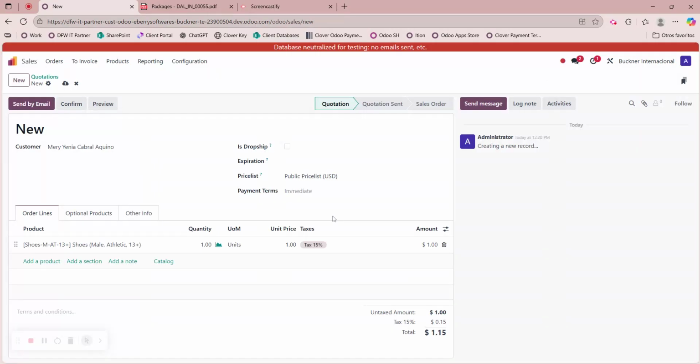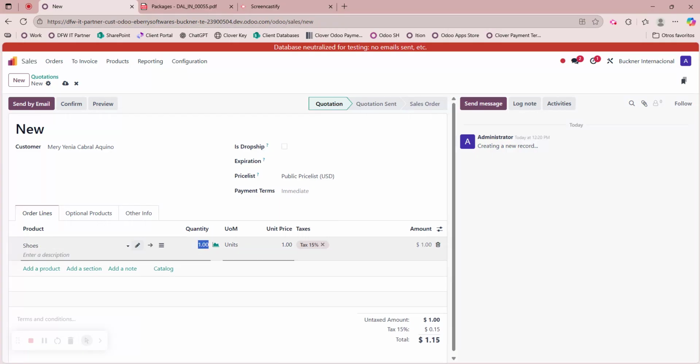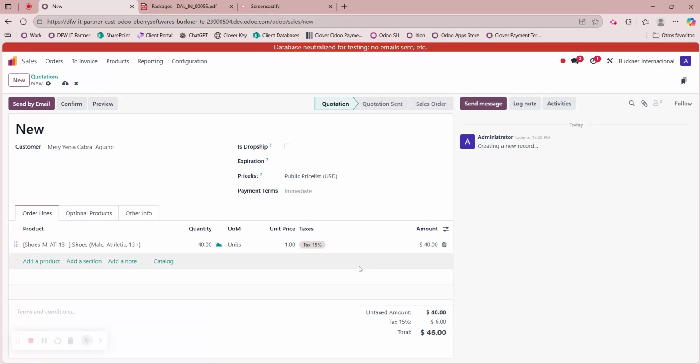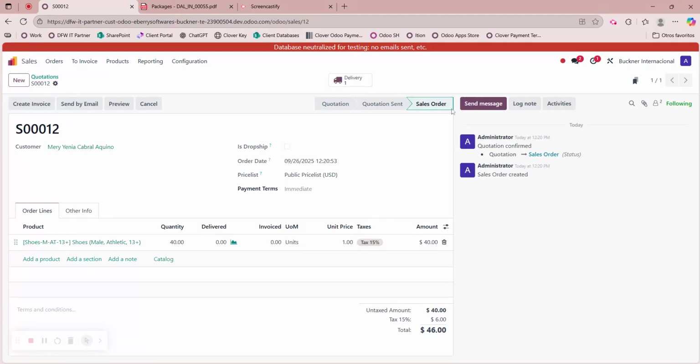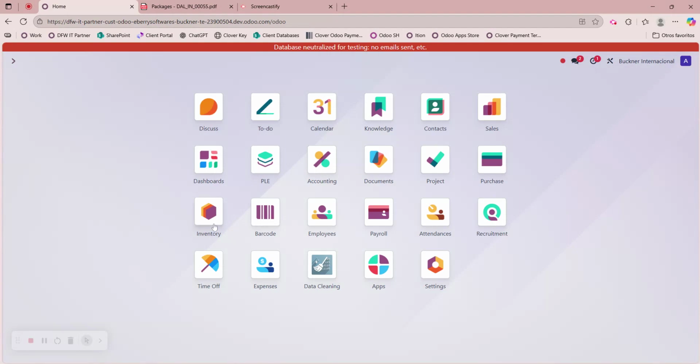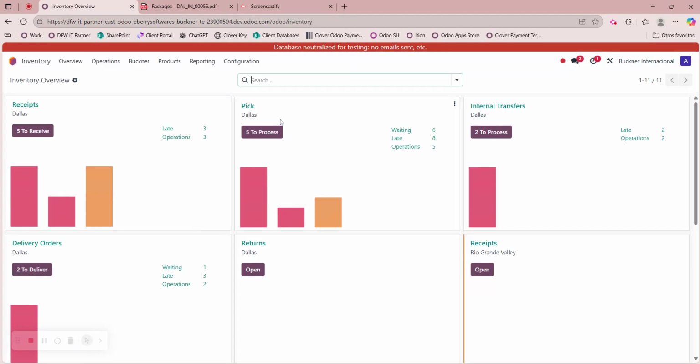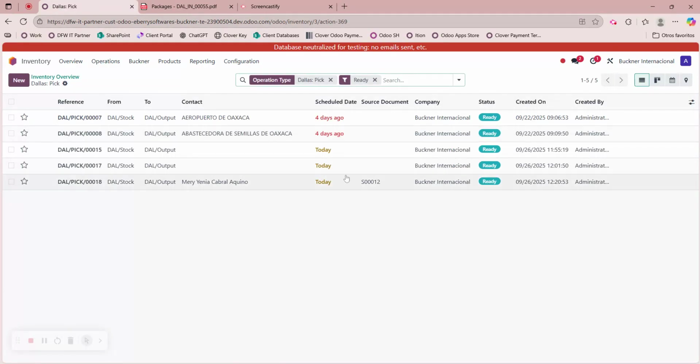in size. Once we have that, we're going to select the quantity. In this case, she's requesting 40 units of these types of shoes. And then we can send it by email, or we just click here on confirm. And now the sales order has been created. And as you can see here on this smart button, we have a delivery order. Then we can go here on inventory, and now we have a pick order that belongs to the sales order